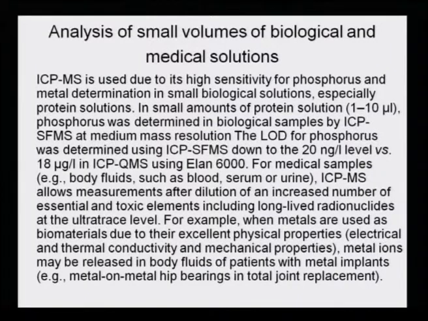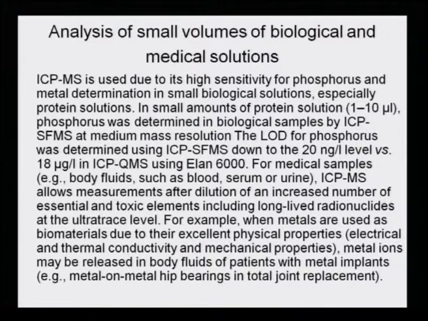Analysis of small volumes of biological and medical solutions. Now, you see that in biological systems as well as medical samples, the sample content or the analyte is in very small quantity. So, the answer is ICP-MS. ICP-MS is used due to its high sensitivity for phosphorus and metal determination in small biological solutions, especially protein solutions. In small amounts of protein solution, that is 1 to 10 microliter, phosphorus was determined in biological samples by ICP-MS